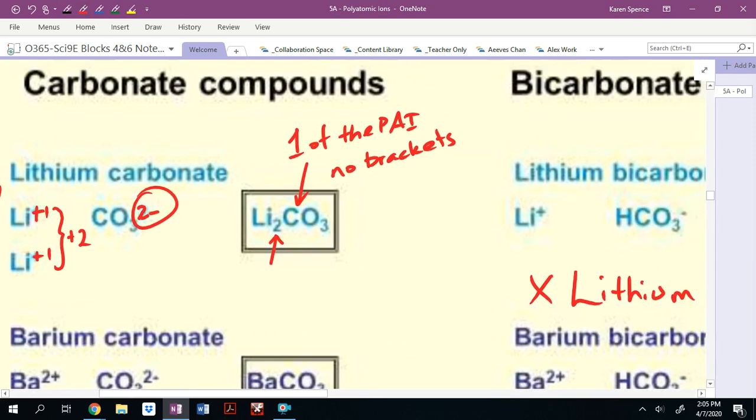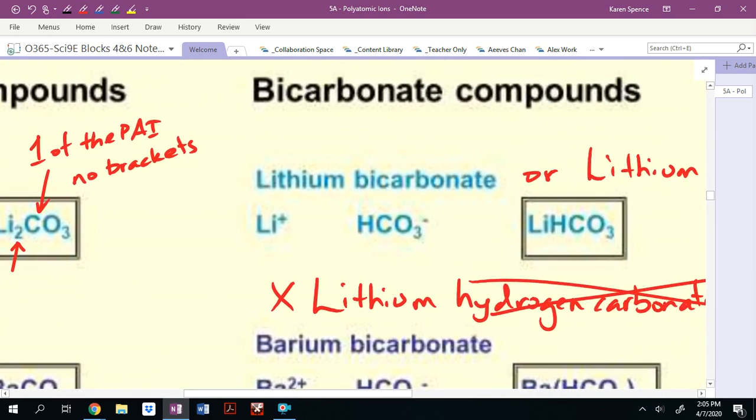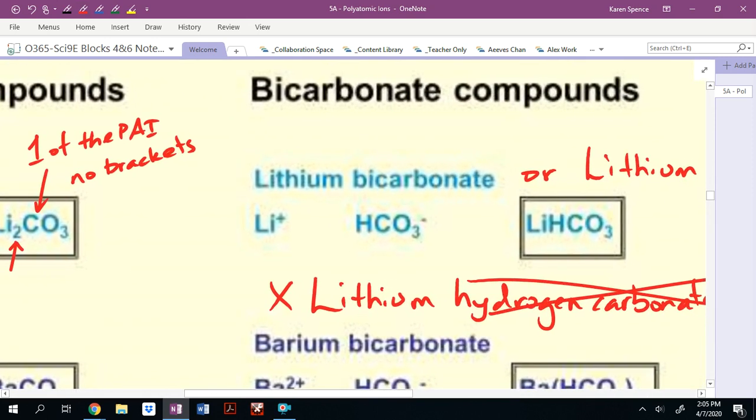Okay, now let's have a look at the lithium bicarbonate. Now remember carbonate, CO3 2-, when we add on a hydrogen, H+, we're going to end up with our bicarbonate, HCO3-. And it only has a -1 charge, and because lithium is +1, the charges already equal out to 0. The overall charge is going to equal 0, which is what we want. So we'll have lithium HCO3,